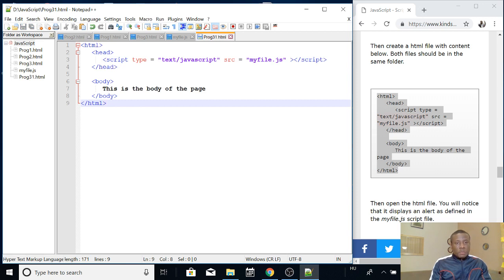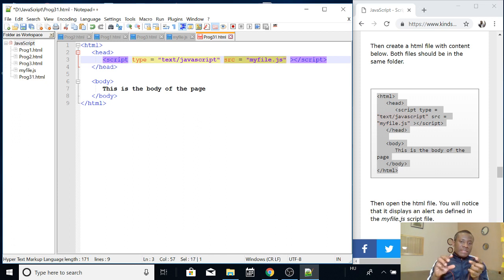Remember, there is nothing in between the script tags. Now we have src equal to myfile.js, meaning that what is inside myfile.js is what should have been inside the script tag, but we moved it out from there into myfile.js. Why this may be necessary is that sometimes you have a very large script